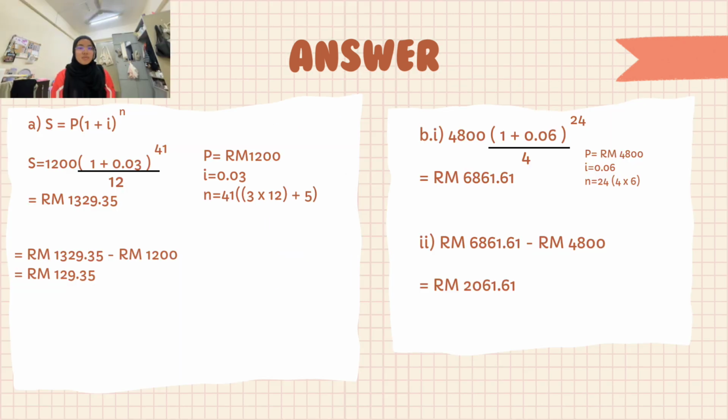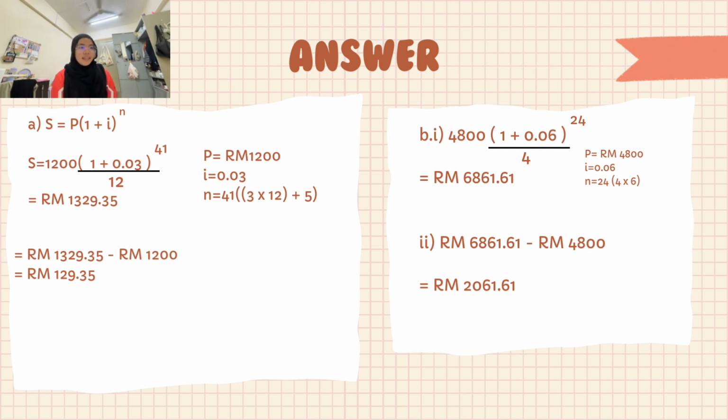828.84 cents. Now we already list down all the important information, which is P equals to 1,200, I equals to 0.03, and N equals to 41 by 3 times 12 plus 5 equals to 41. So we need to compile all the information into the formula S equals to P bracket 1 plus I close bracket N. We compile all the information into the formula and calculate it into the calculator, and we get the answer